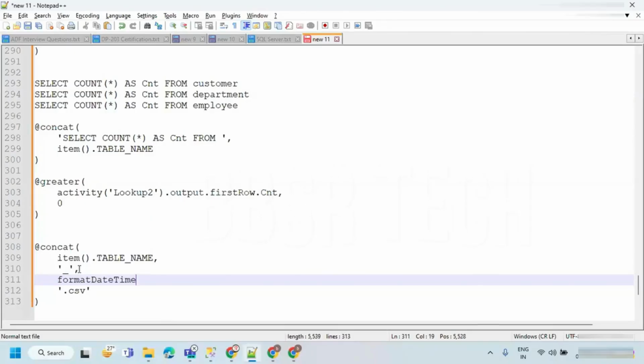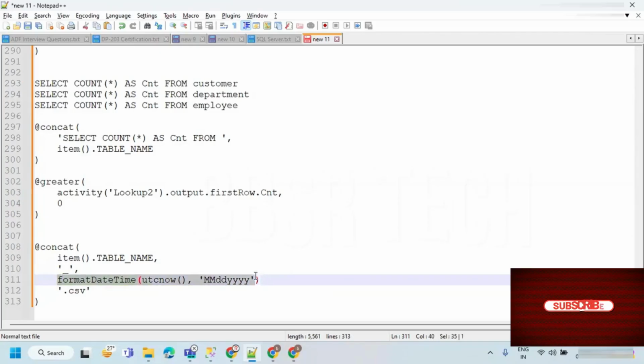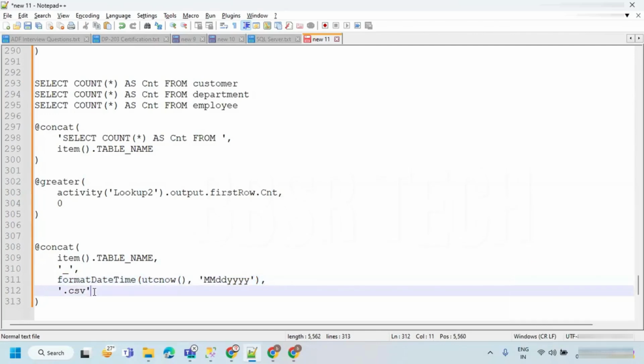Format date time, UTC now, comma, DDYY format. Let's close this. This is going to give a date path in the form of text, comma, dot CSV.